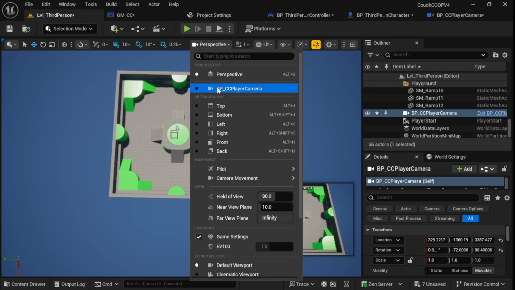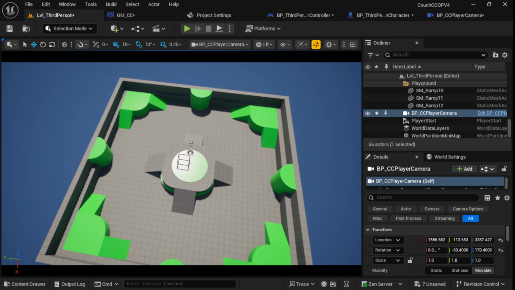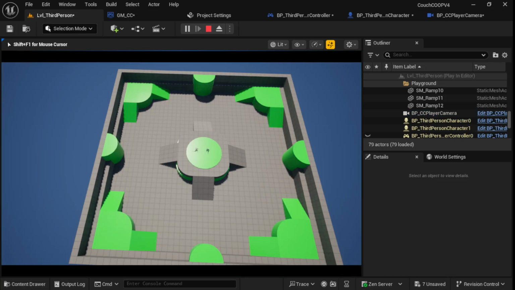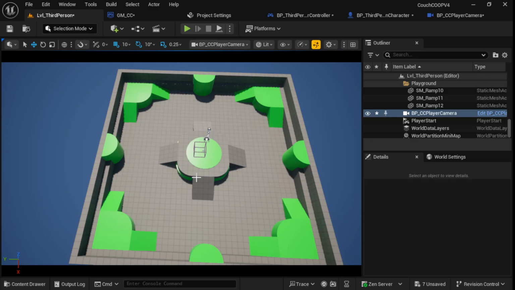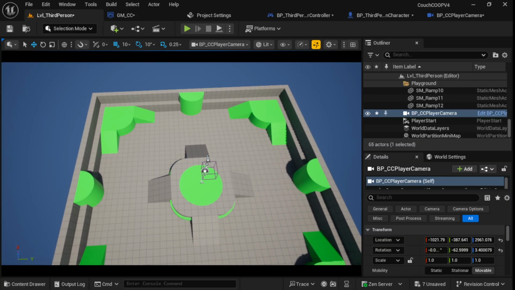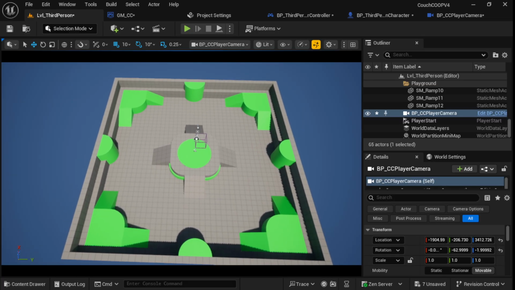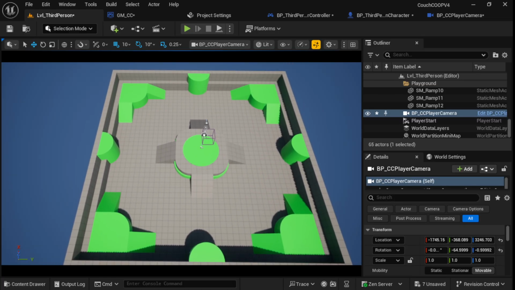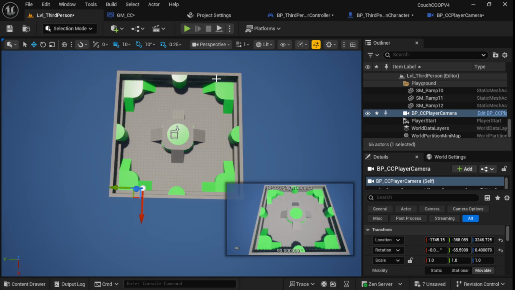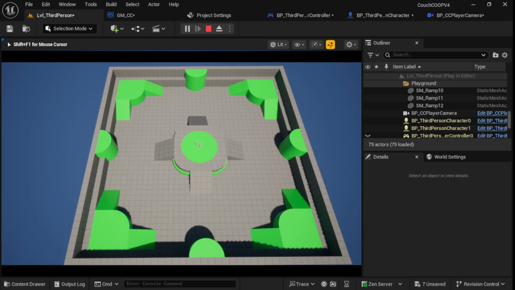All right, so let's try and get this into a space where we want it to be. Let's try this way. We'll hit play. Okay, and nope, that's reversed. So we probably want to go to the other side over here. I'm just piloting the camera right now, so you guys who are wondering, hey, what's going on here? How is he doing this? I'm just piloting the camera around. Okay, and we'll go back up here, hit perspective. Let's try it one more time. Okay, there we go. Now our characters are moving correctly based on which way the camera is facing,